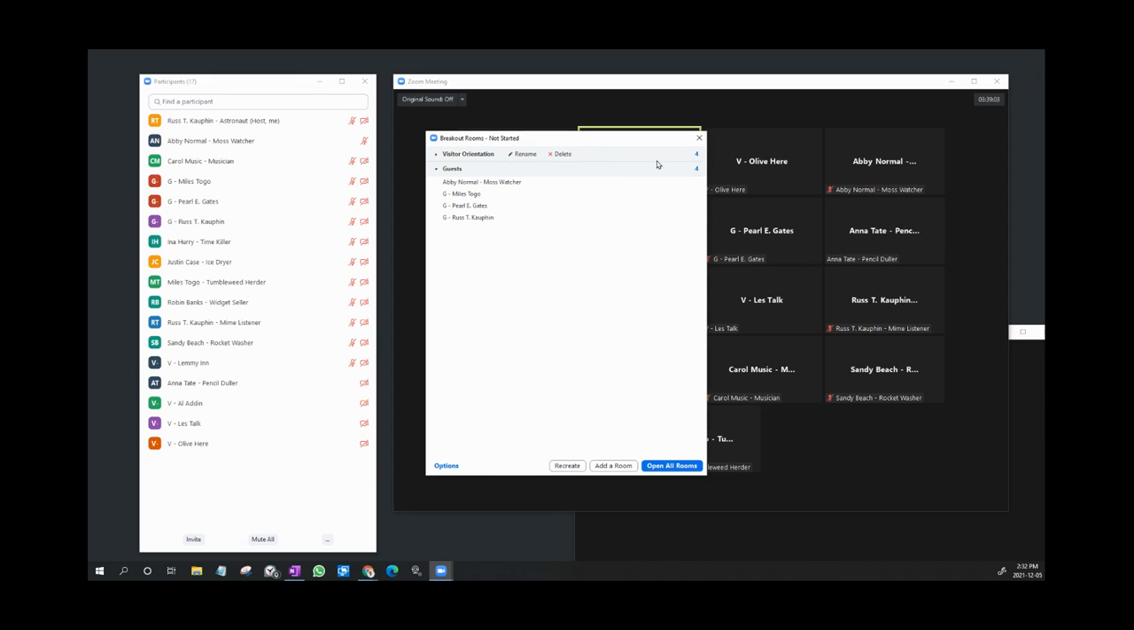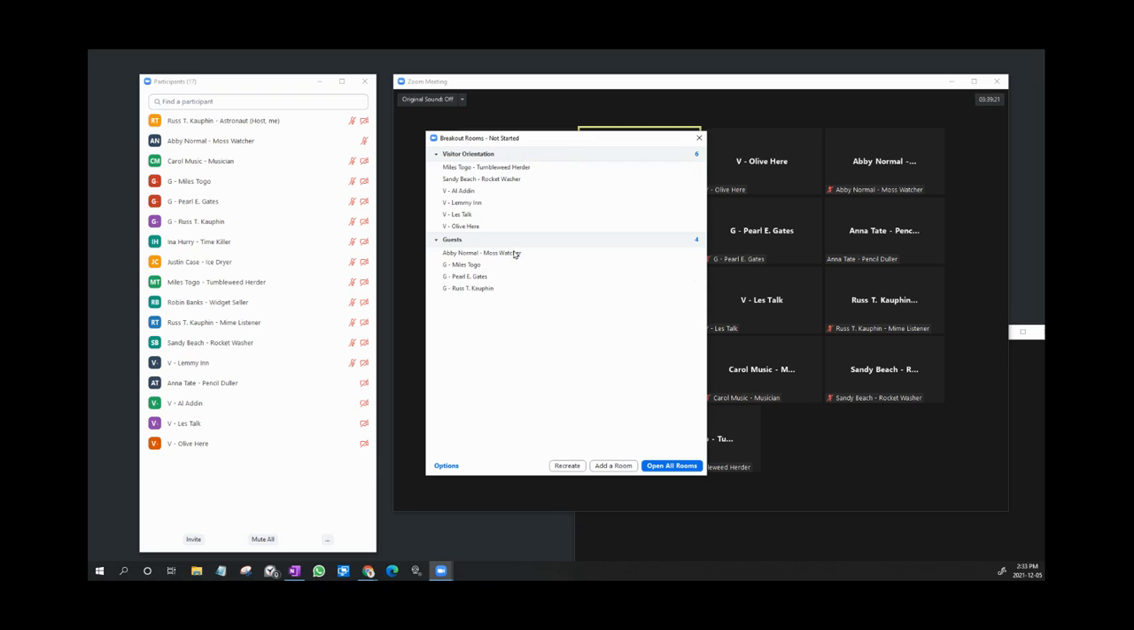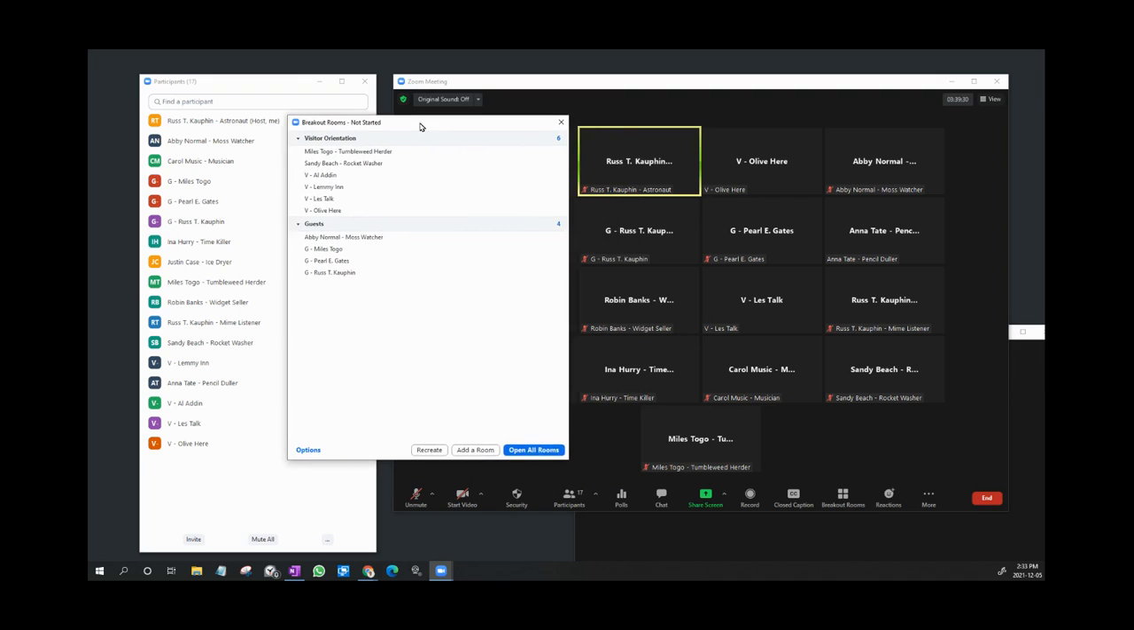And in the visitor orientation, you would also add any 1 to 3 of the president, vice president, or trained visitor hosts. Then when everybody is assigned, when the president says that the visitors are now going into a visitor orientation, we click and open all rooms,